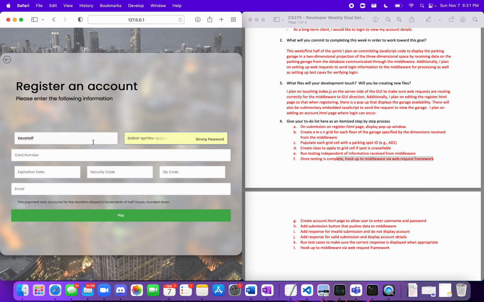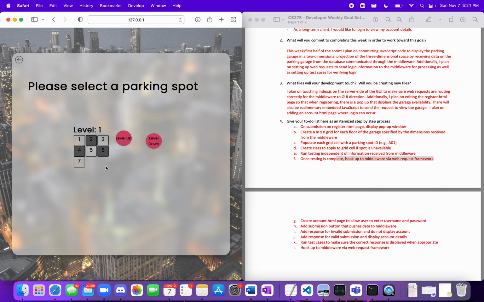If I type in some dummy information here, okay, cool, we get the pop-up. You can see we have the garage organized in grids, and we have a grid for each floor. We have spots labeled for each cell. And we can also show unavailable spots by graying out the spot number, so you can't click on it